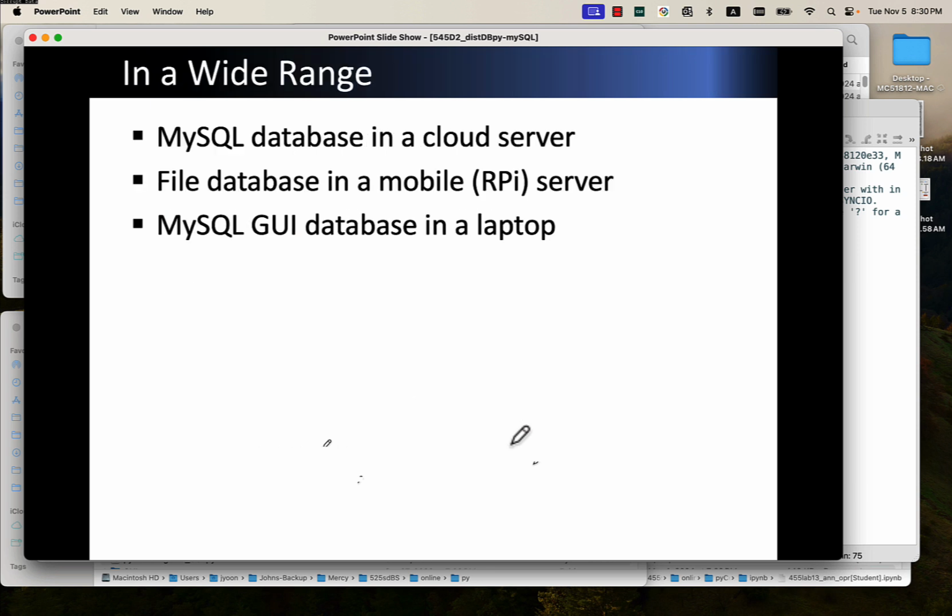In a wide range, let's say a MySQL database on different platforms, in a cloud server, and also file databases need to be considered, not only SQL, not only relational databases, but file systems need to be involved. How can we aggregate? How can we decompose? For example, if this file database is on a mobile server using an API,